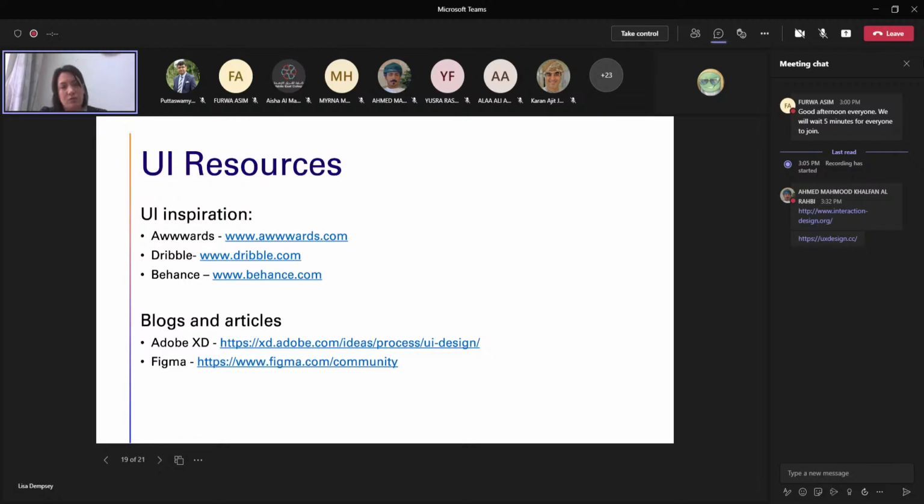So for blogs and articles, I recommend Adobe XD. There's loads of good content in their content library on Adobe XD, and Figma also has a really strong community. So not only for blogs, but if you are building or playing within Figma, there's loads of layouts that the community shares, or